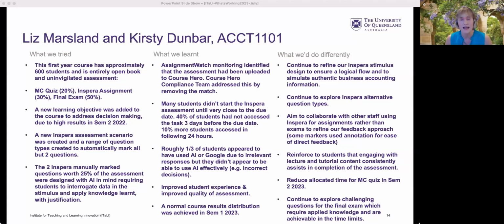I think there's also a perception that it's probably pretty easy, this is not rocket science, but surprisingly, if they don't engage with that content, they're not coming to lectures, not coming to tutorials, not reading the text, they actually couldn't do the assessment effectively either.